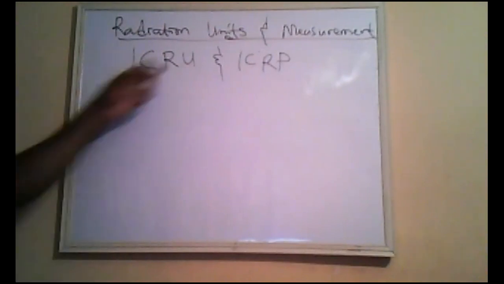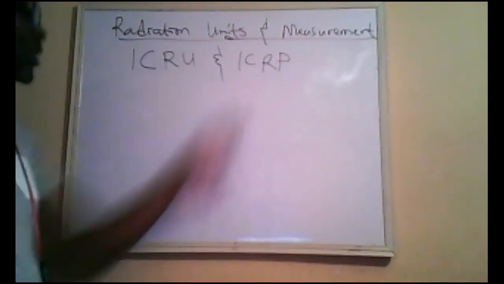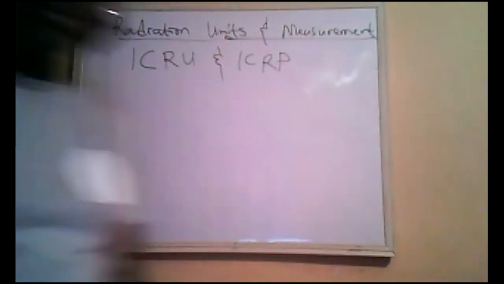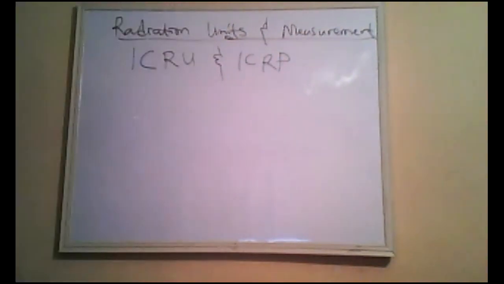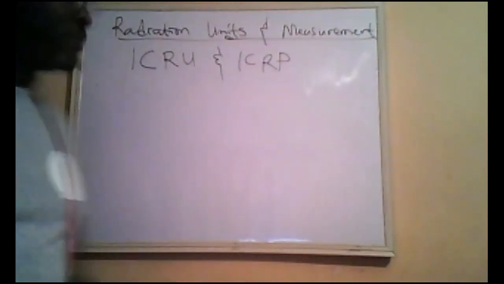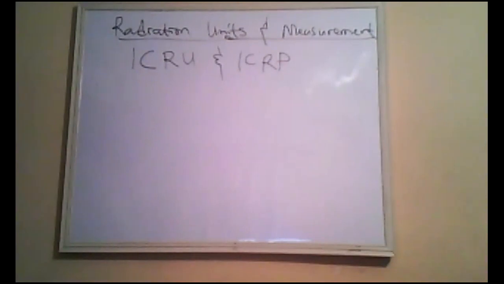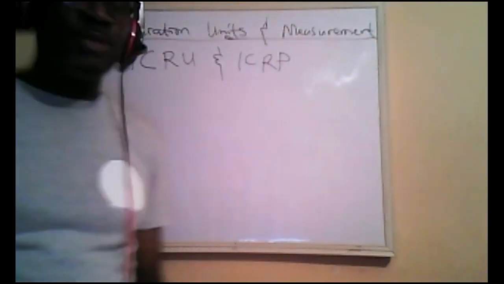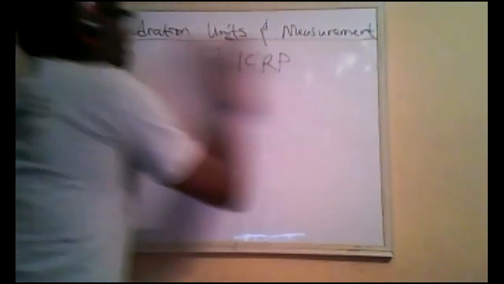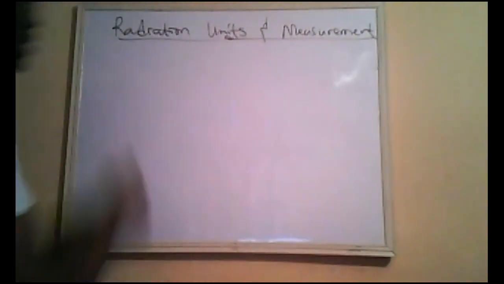The ICRU is the International Commission on Radiation Units and Measurements. This one is the International Commission on Radiological Protection. They meet from time to time to define some units that we use in radiology and radiotherapy. And some of these units normally have a revision, like I said, from time to time. So we are going to look at some of these units that we will be encountering in radiology and, of course, radiotherapy. And one of such units is